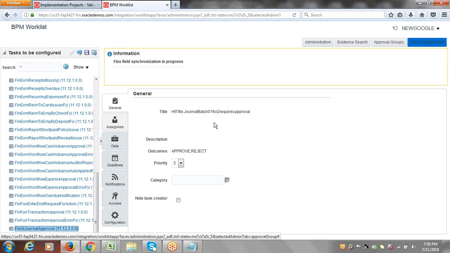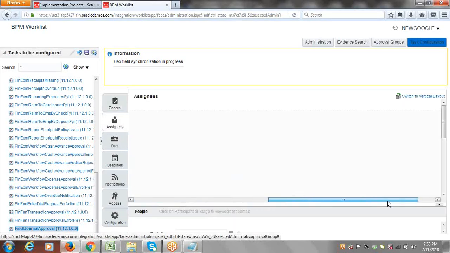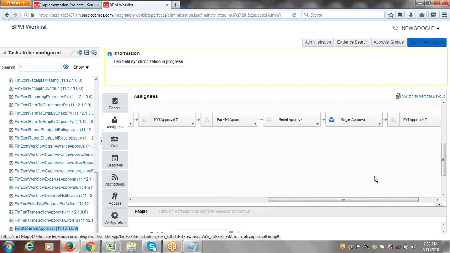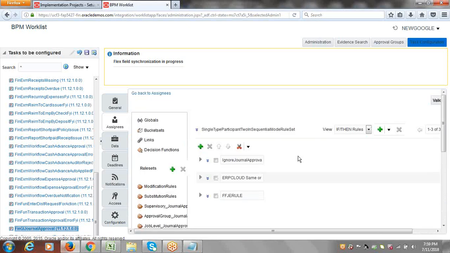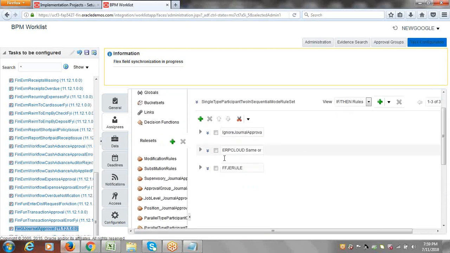Now again click on edit. Go to assignees. This is our node which is enabled. You could see in the blue color, that means that is enabled. Just click on go to rule and we'll create our own rule. Click on add. You can give the name as new Google